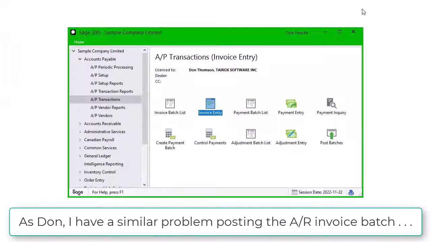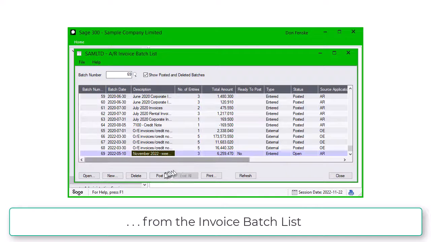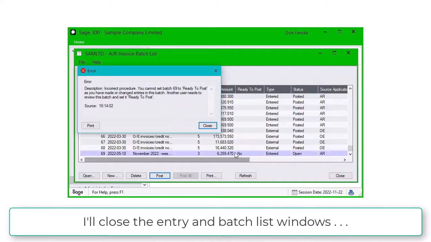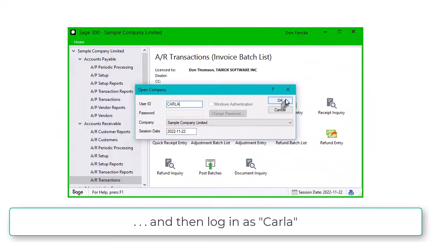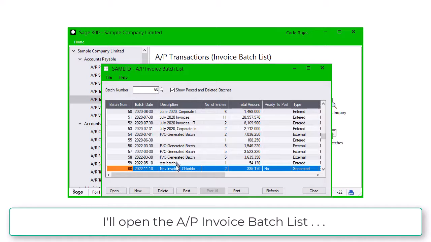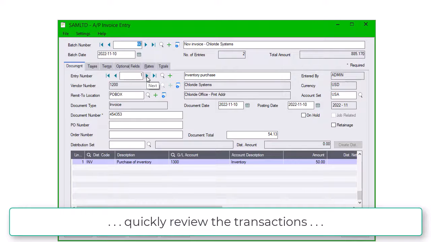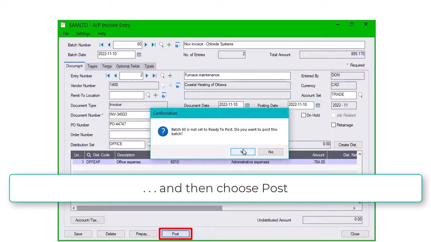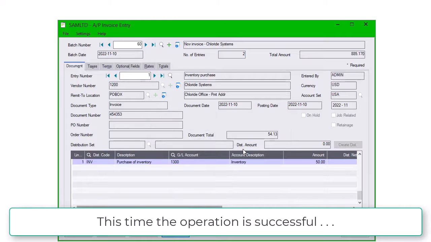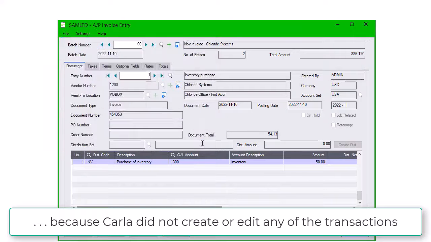As Dawn, I have a similar problem posting the AR invoice batch from the invoice batch list. I'll close the entry and batch list windows and then log in as Carla. I'll open the AP invoice batch list, open the last batch, quickly review the transactions, and then choose Post. This time the operation is successful because Carla did not create or edit any of the